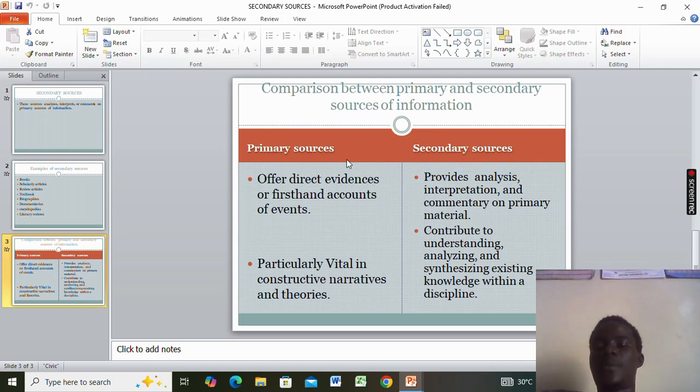Basically, they interpret the primary material. Another difference is that primary sources are particularly vital in constructing narratives and theories, while secondary sources contribute to understanding, analyzing, and synthesizing existing knowledge within a discipline.